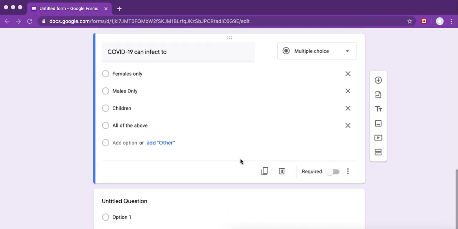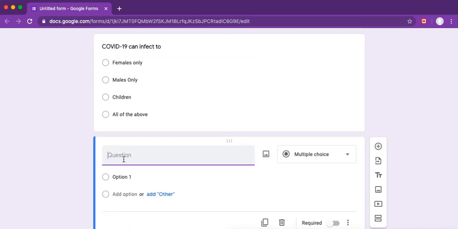Let us ask about awareness. The question is: the first case of novel coronavirus was identified in, right? So we are going to write the options here.